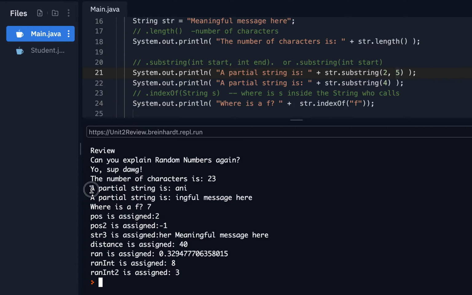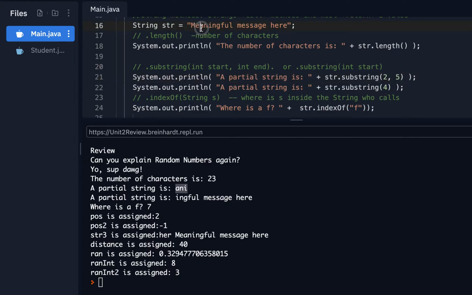A partial string is ANI because it's character number 2, which is A. 0 is M, 1 is E, 2 is A, and then 3 and 4, and it stops before number 5. Again, what does substring do? It returns a string, a part of the string. When you just give it one number, that is the starting point, it starts at that index and grabs every character to the end, and that is why meaningful message here is printed to the screen, because that I in meaningful